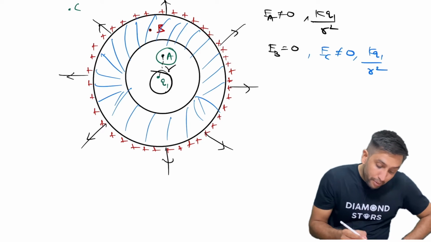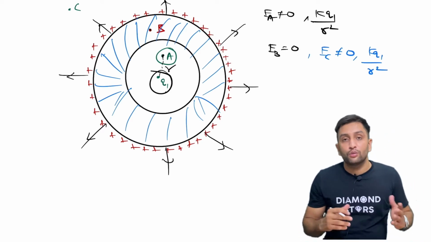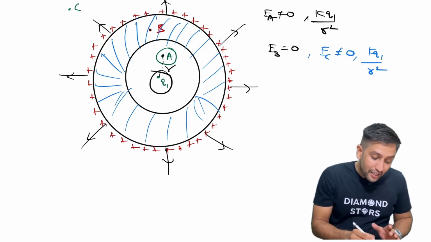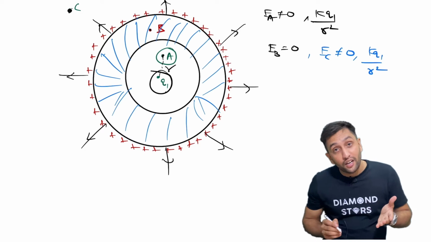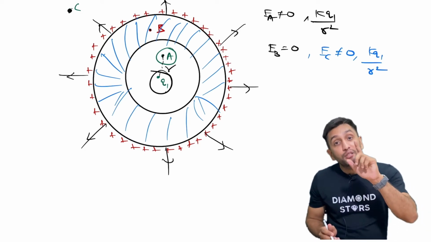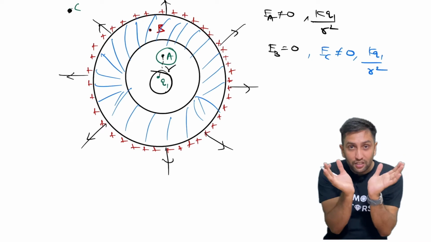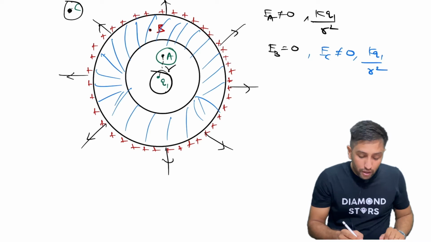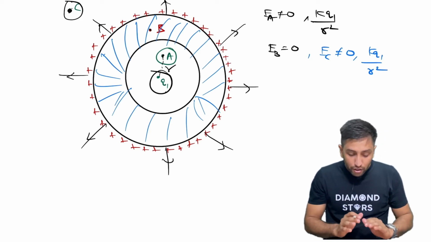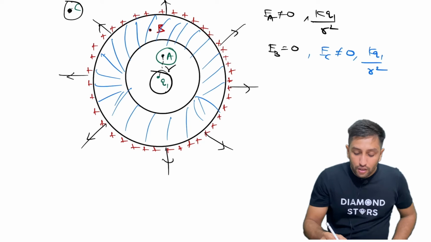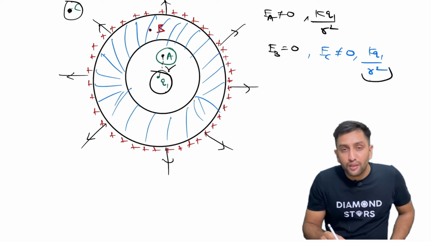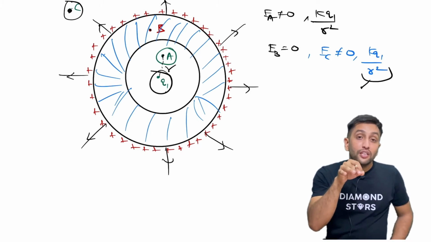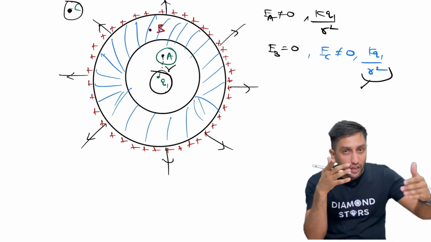But when I talk about EB, there is no charge distribution, so there is no electric field. That means E will be 0 there. But EC, this point C, is now outside the conductor, and definitely it is placed in the field of the complete charge distribution. That means it also has an electric field. The Q1 taken here is distributed over the conductor, and you take kQ1 by r square. I have represented it with the same r, and this r in general represents the distance of the test point, that is, the distance of the point where you have to find the electric field. Okay,